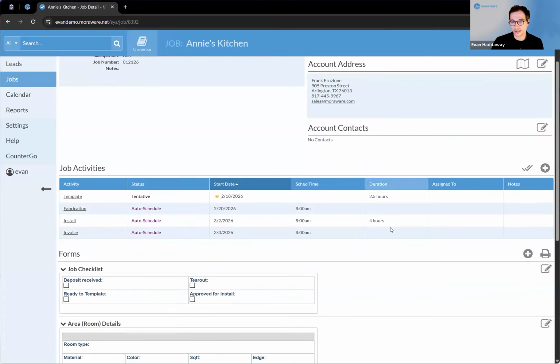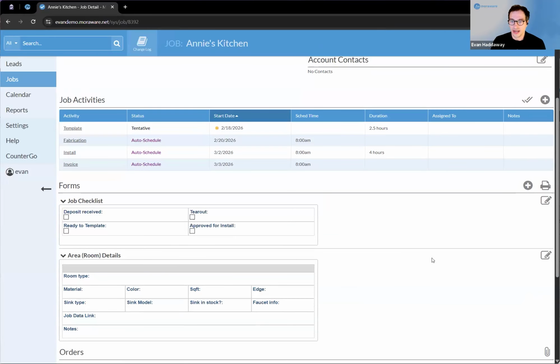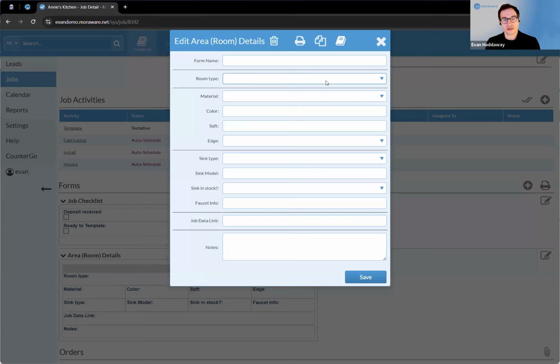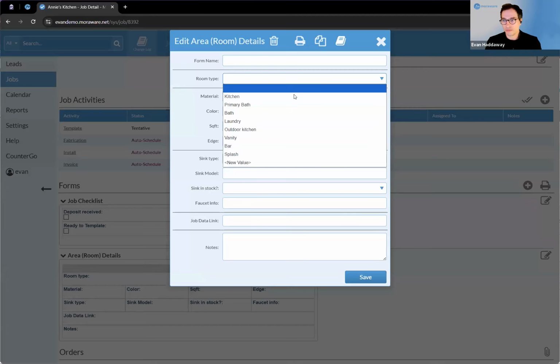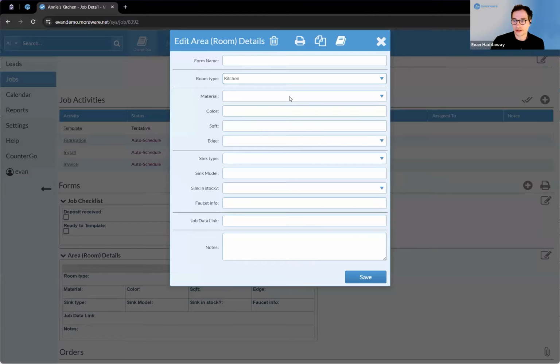Moving down a little bit, we have some forms. Again, these are just a couple common examples. Maybe a checklist to make sure everything's being completed. My area room details might feel familiar to a job sheet or cut sheet you're working off of now. A way to say, what room are we working on? What material, square footage, basically whatever you need to keep track of for each job, to keep that information in one place. And the system is actually going to make use of these details